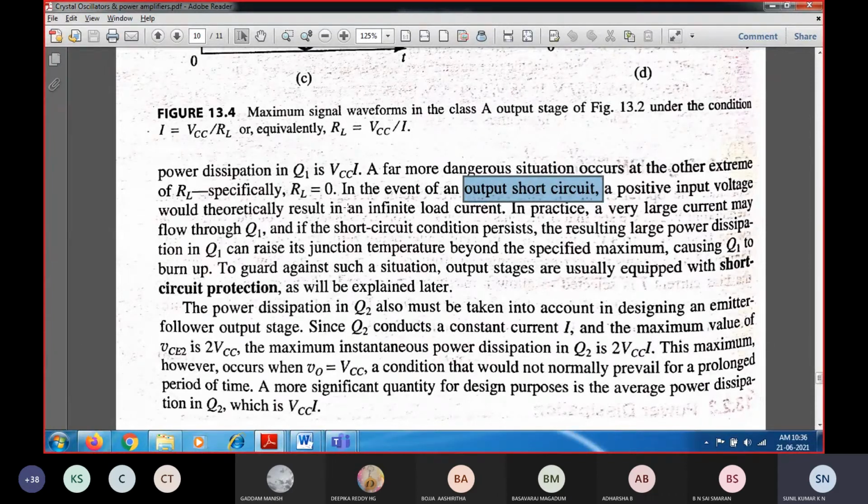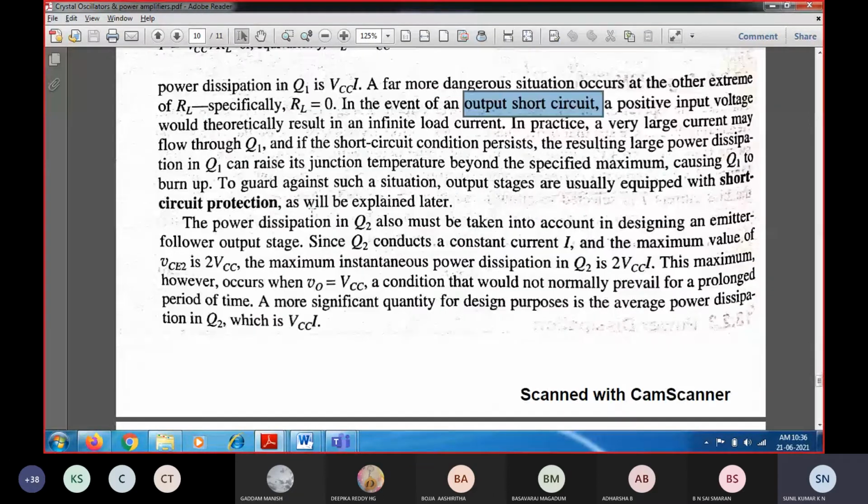So there is a need because RL plays a major role, because RL can be between infinity and 0. If RL is equal to infinity, then you will have the maximum power dissipation as 2 times of VI. Whereas when RL is equal to 0, a short circuit, you will exhibit a short circuit power dissipation, and an infinite amount of current will be flowing across there. Because of this, we need a circuit which is going to resist this amount of current. So for that we need a short circuit protection circuit.